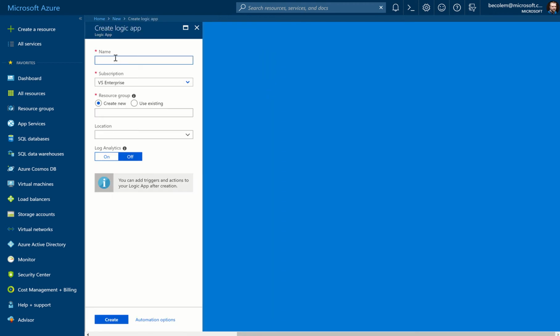So we want to give our logic app a name. Let's call it Vision App. The name doesn't have to be unique, unlike the Cosmos DB account. Subscription we'll leave alone. We're going to put it into an existing resource group and use the same resource group, putting everything else into the Vision Lab. Location should be left as North Europe,